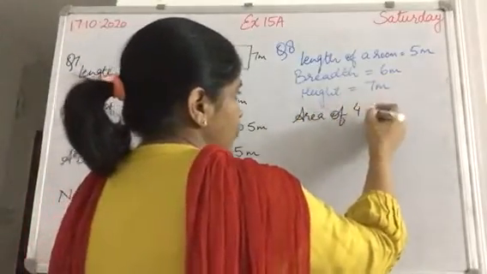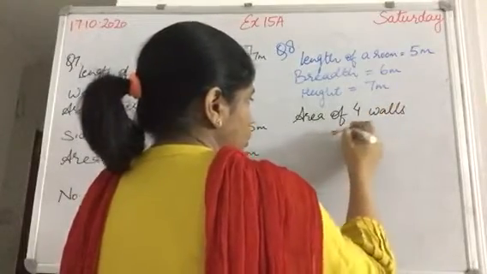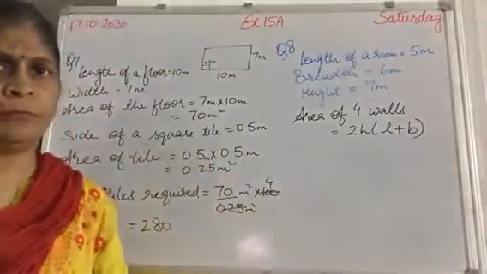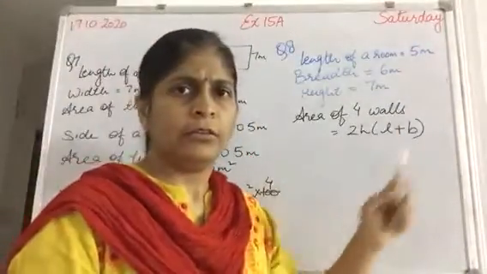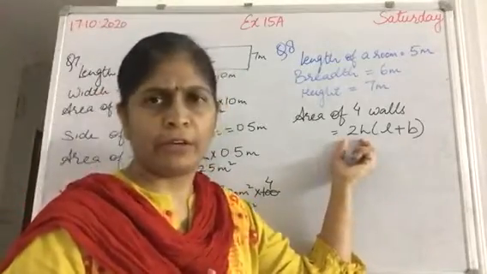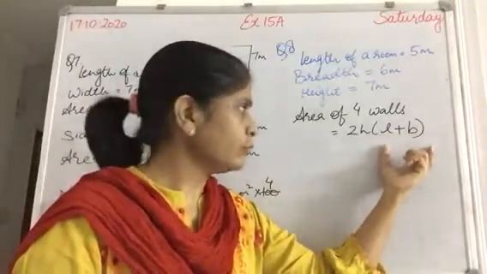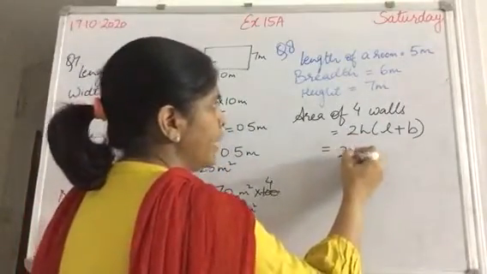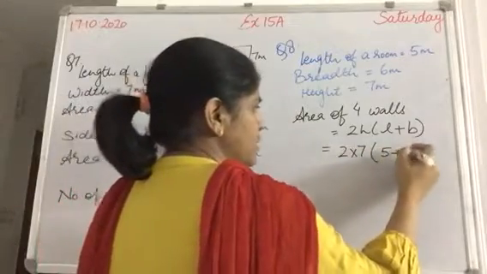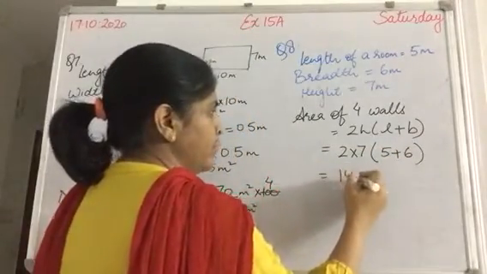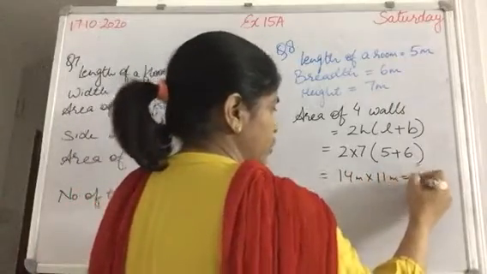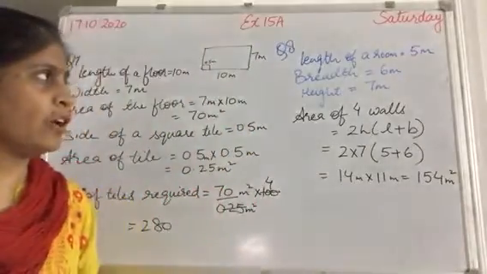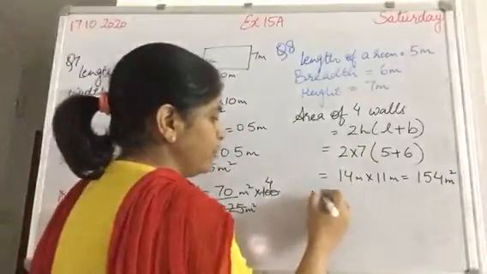Area of 4 walls, 2h (L plus B) is the area of 4 walls. You know what is the formula for perimeter of rectangle? 2 times (L plus B), multiply by height, you get this. Yes, so let's apply this. 2 into height is 7, 5 plus 6, 14 meter into 11 meter equal to 154 meter square is the area of 4 walls. Now area of door we will calculate,